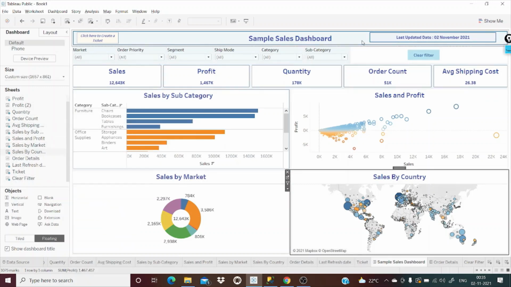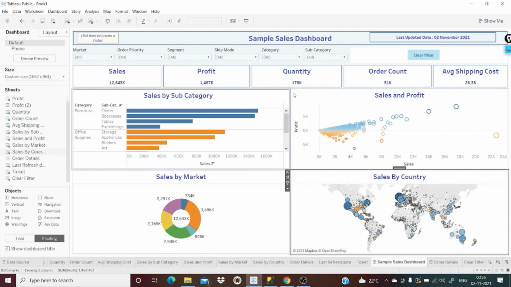We have the date column, but not the recent date. That is the reason why I have used the function called today over here. Other than these two calculation fields, I don't think I have used any other, and even if I have, it is not difficult to understand.